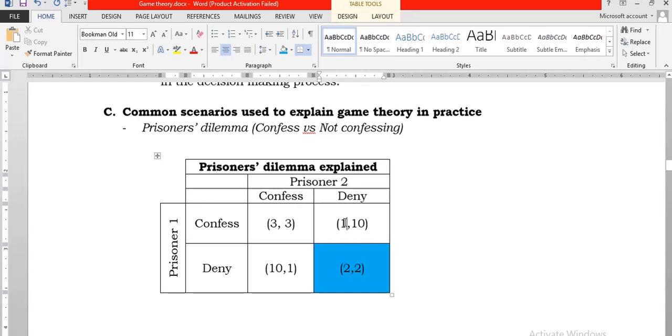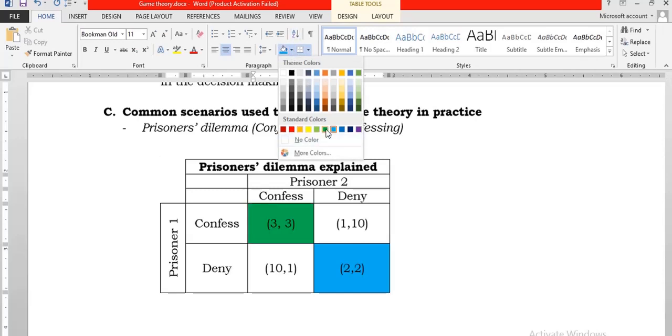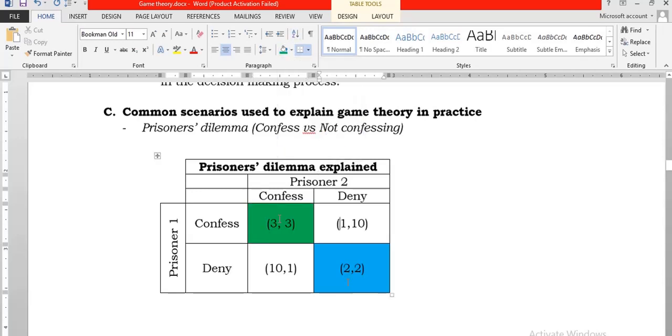The same reasoning is now in the head of prisoner 2. He also says, I think it is better I confess, because if I confess, I'll either get 3 years or 1 year, depending on what prisoner 1 will do. So because of that, they both confess. That's the most probable position. They both confess, and they all end up with 3 years. Now, these are two possible Nash equilibriums, but the most